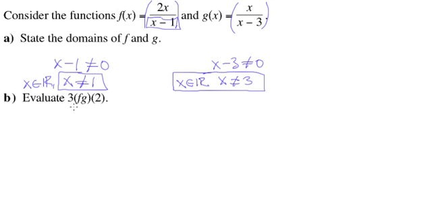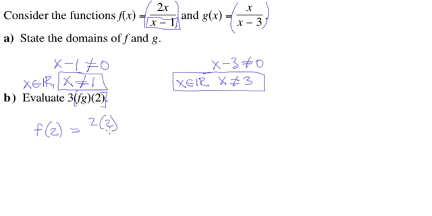And now they give us this thing. This means 3 times f times g evaluated at 2. And I think the best way to handle that is forget about the 3 for a minute. We'll just get this part, f times g of 2, and we'll triple it afterwards. So f of 2